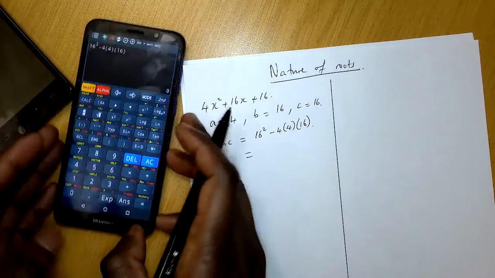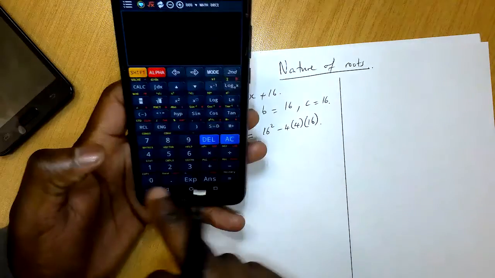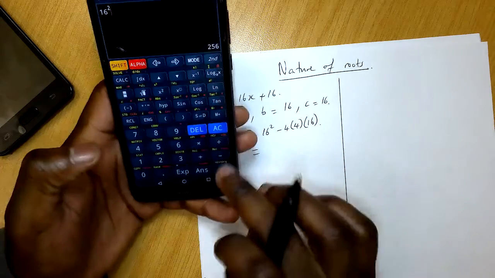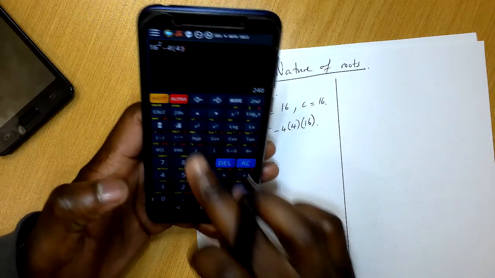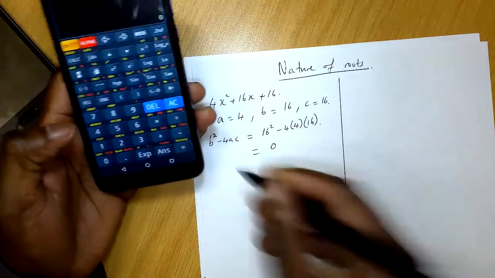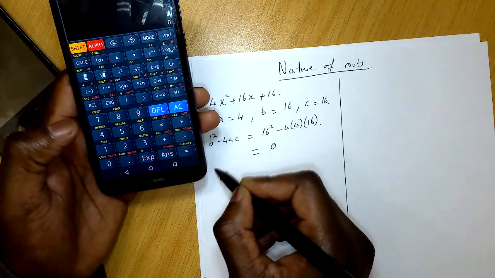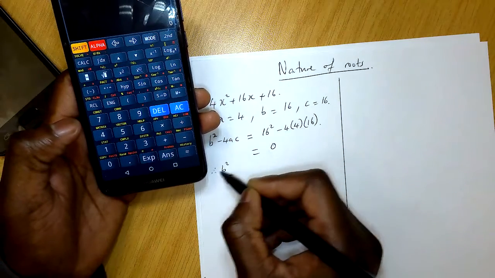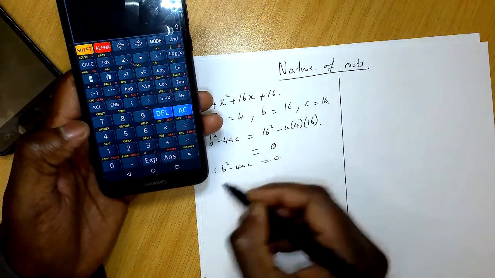Now let's punch it in the calculator. So there you get equal to 0. So here, since b squared minus 4ac is equal to 0,